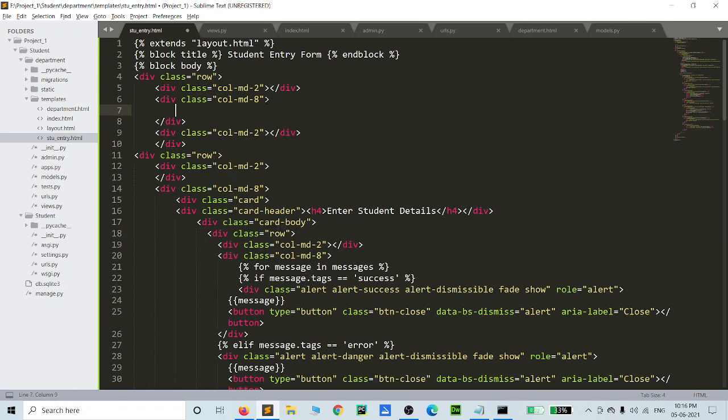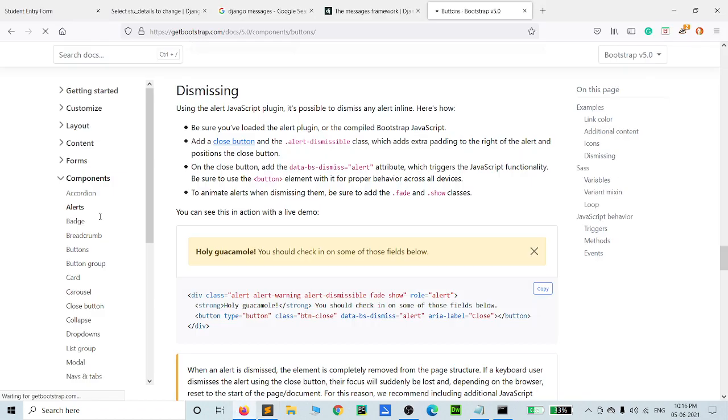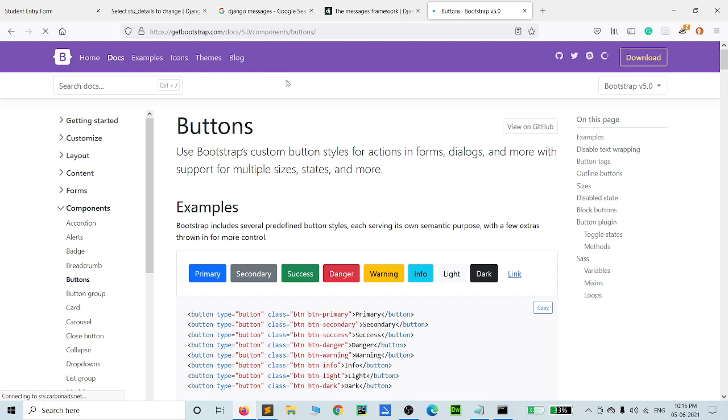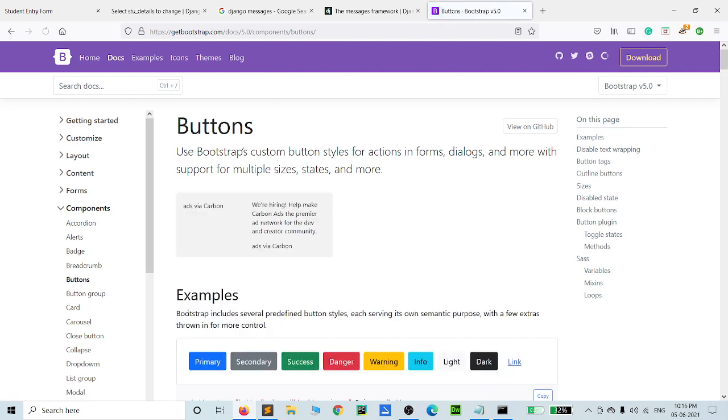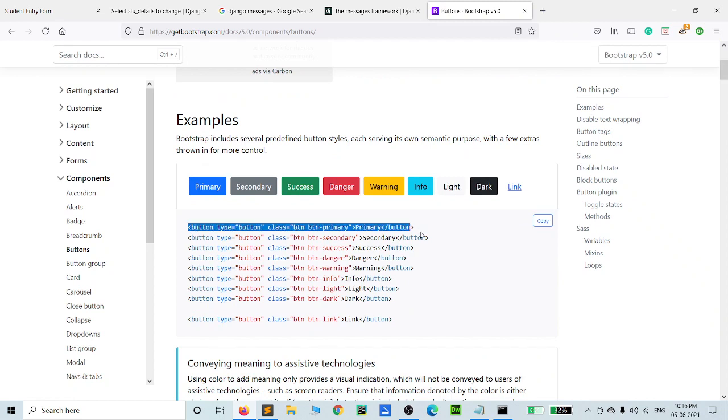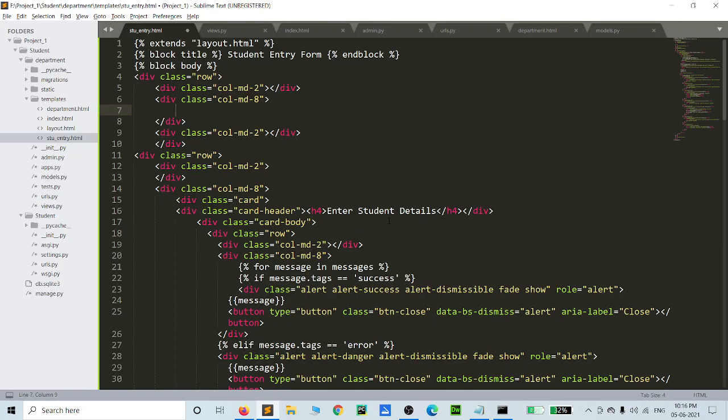Okay, inside the section, where is a button? Yeah, so we can copy this button section. Once the button is copied, the primary button, we can paste here and check this form.